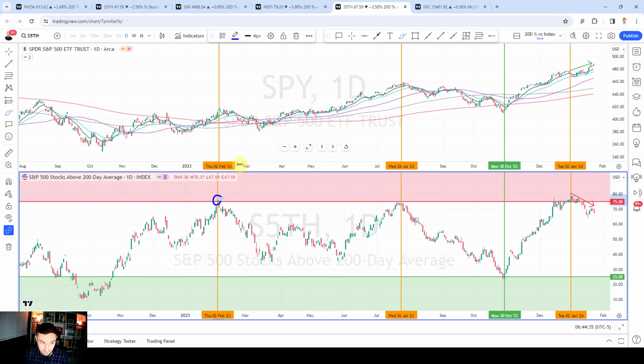So here, we want to be aware of these correlations. We can see here, in early February, we get this overbought reading in terms of S&P 500 stocks above their 200-day. What does this mean? 75% of stocks in the S&P 500 are above their 200-day moving average. Now that is going into overbought territory. Can it stay overbought? Absolutely, it can stay overbought, but we want to be aware of that. It doesn't mean that I panic and I'm exiting all positions. I'm aware of it. I'm then on the lookout for distributional characteristics. Certainly if I then see the 20-day, 50-day, and 200-day are all in overbought territory, I'm on the lookout for